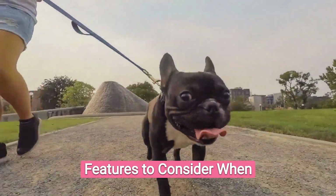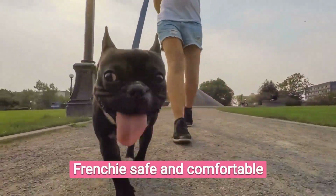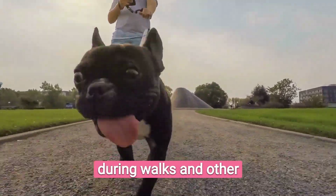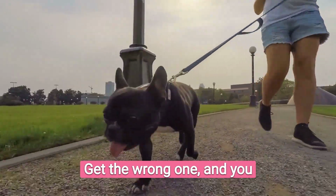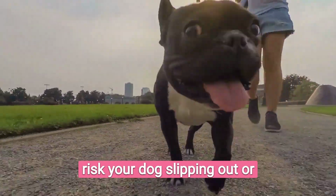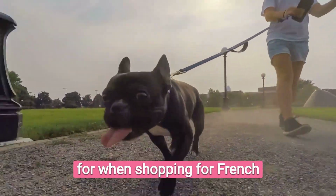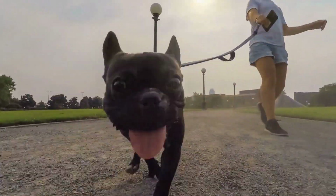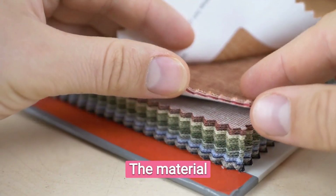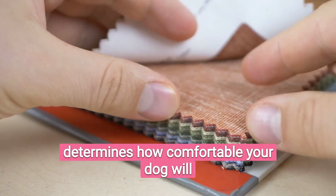Features to consider when choosing a French Bulldog harness. Keeping your Frenchie safe and comfortable during walks and other activities is easy with the right French Bulldog harness. Get the wrong one, and you risk your dog slipping out or not wanting to wear it. Here are things to look out for when shopping for French Bulldog harnesses to get one that is perfect for your dog. 1. Materials. The material used in making a harness determines how comfortable your dog will feel when wearing